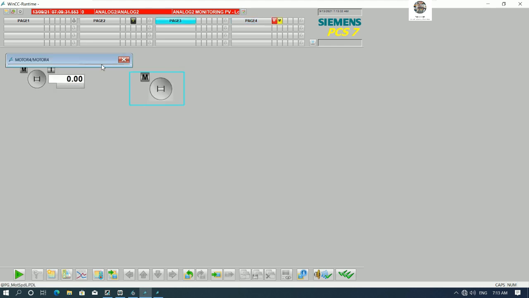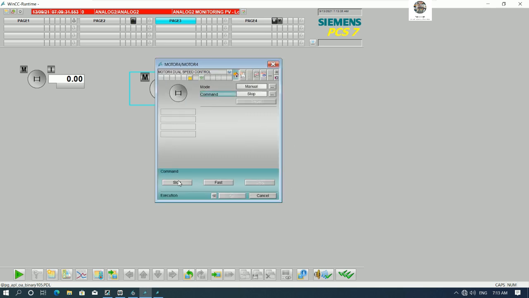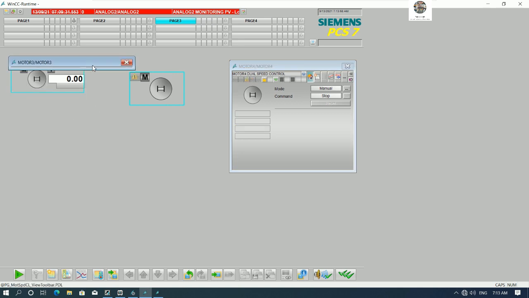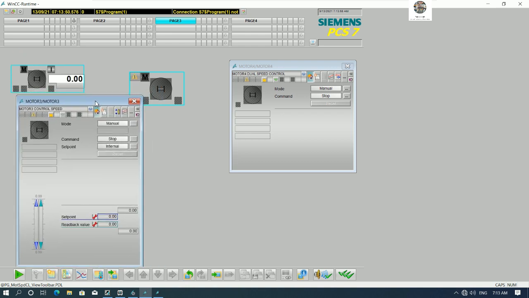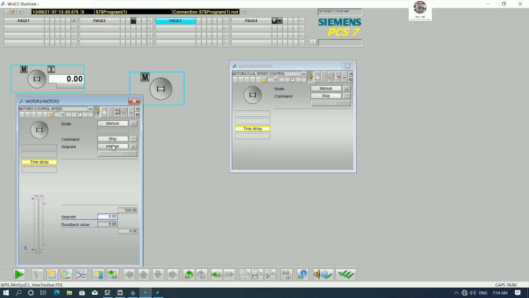On this page we can start and stop the motor, slow or fast. Yes, it is slow, and this one we can set the speed for control. Yes, so I will run the CPU back. Okay,